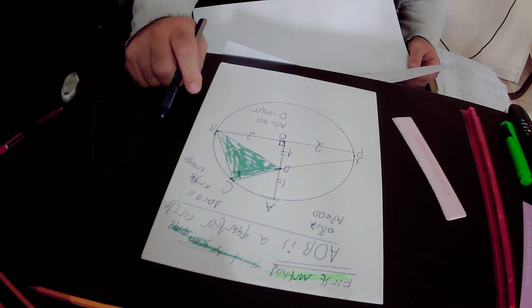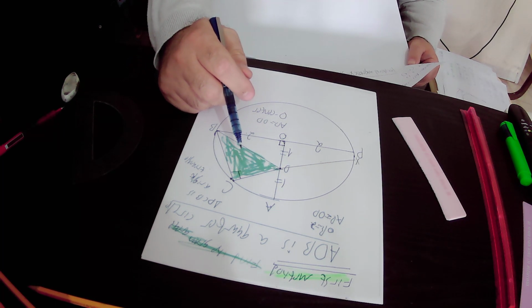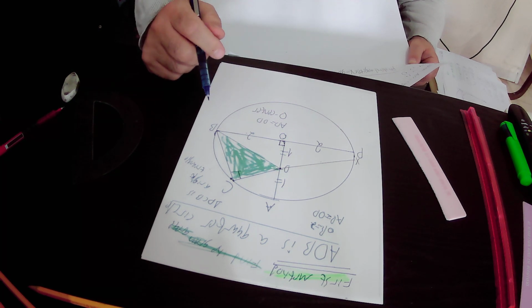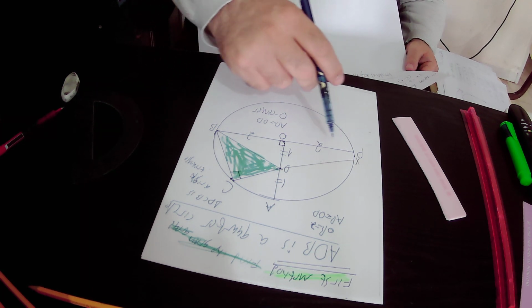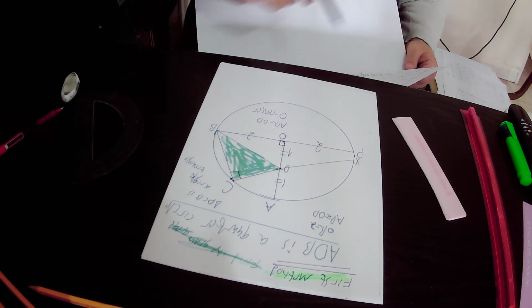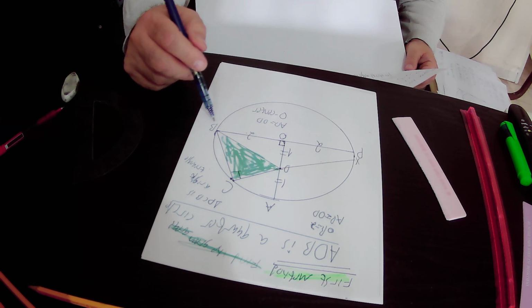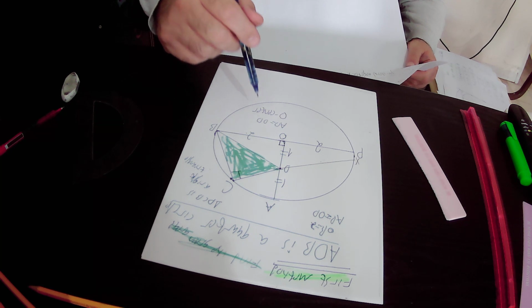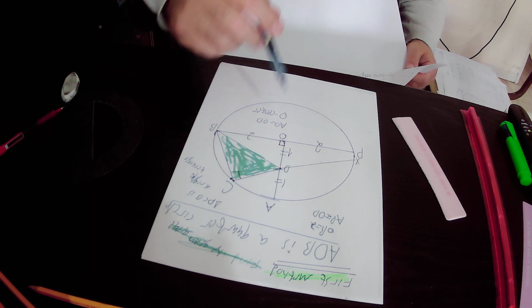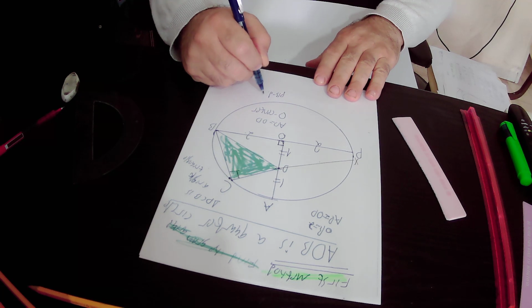But here we'll get a contradiction because of the rule that any peripheral angle that is equal to 90 degrees must rest on the diameter of the circle. Here the diameter of this circle is PB. Why is PB the diameter of the circle? Because it passes through point O. We extended the radius BO by a straight line, so PB is a chord that passes through point O, the center of the circle, and any chord that passes through the center of the circle must be the diameter of the circle. So PB is the diameter of the circle,